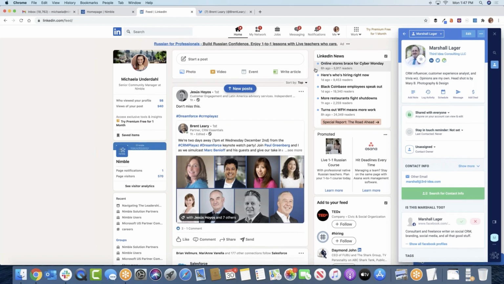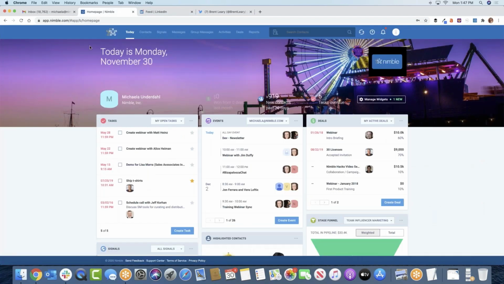I also wanted to show people what the information looks like when you actually get it into Nimble. We had a lot of people that are not familiar with what it is. So Nimble is a CRM. It's a customer relationship management tool that helps you to connect your emails, calendars, and put all your communications into one place. So once you bring all your contacts into Nimble, you have one place where you have the 360 view into the relationship about the person.